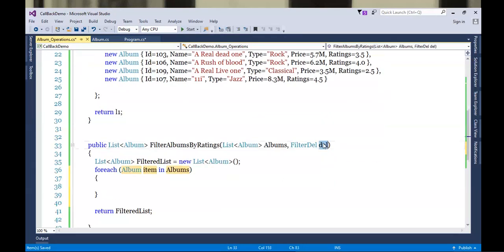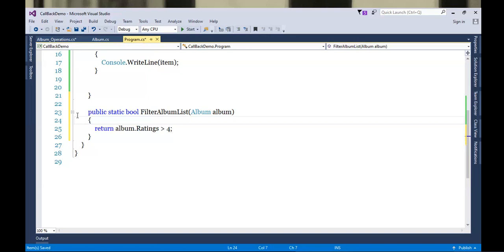And who is going to handle this? This delegate. So let's write the criteria. If delegate, watch out, you need to pass that album as an argument. So atom, if it is true, if the criteria is fulfilled, because this will return true or false, right? So the moment I call this method using the delegate, the control will go over here, and it will return true or false accordingly.